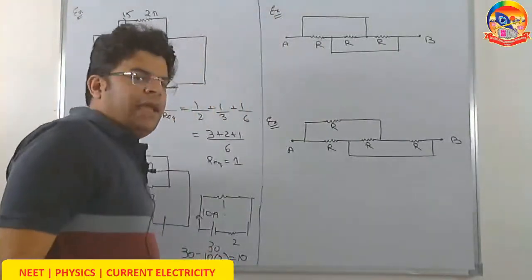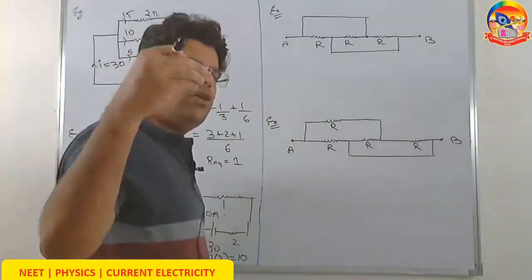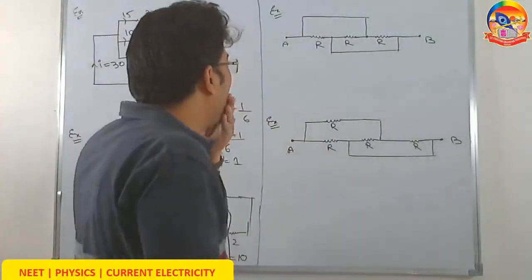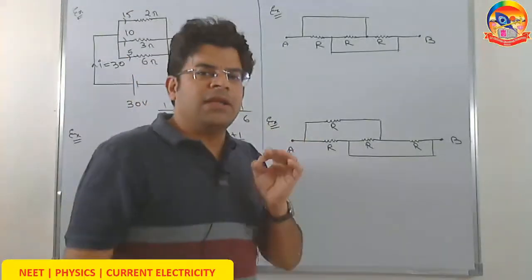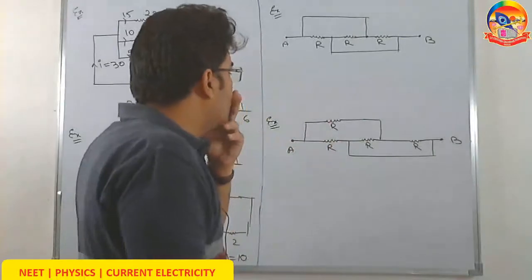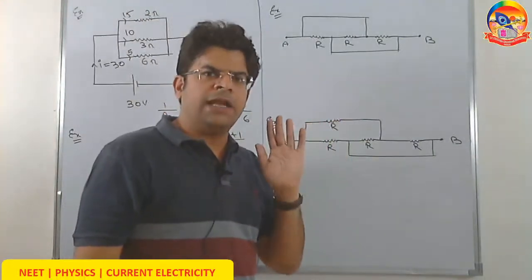You need to find the equivalent resistance. You might find this question very, very easy and you might already know the answer. But listen to the process carefully. Here we will learn a method called nodal analysis. Each point connected by a wire straight in the system is at the same potential.